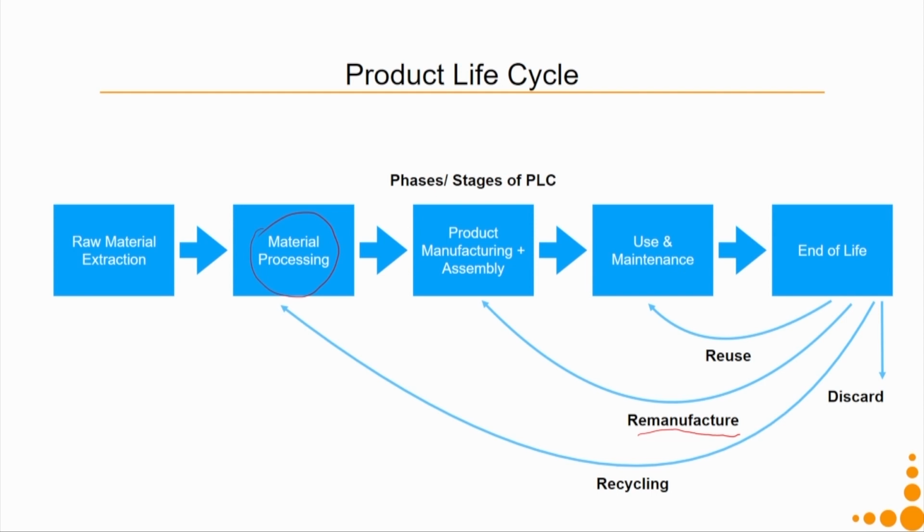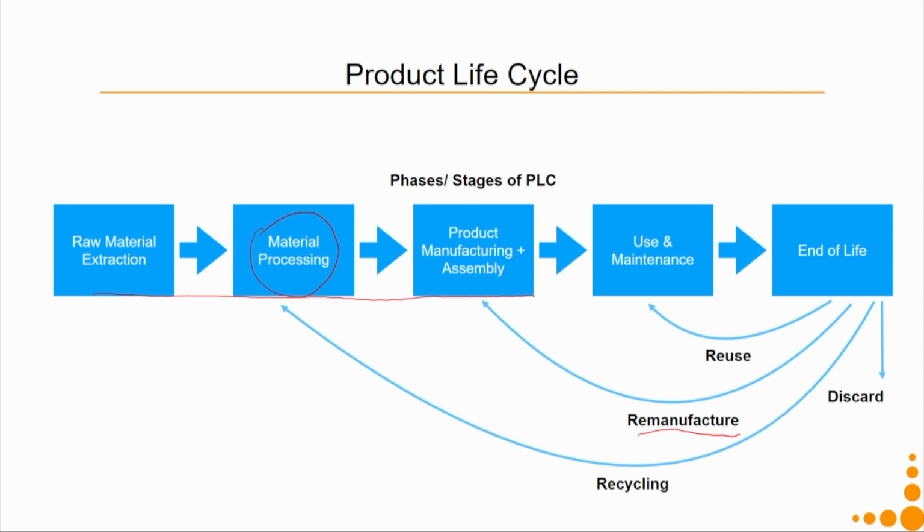Even in discarding it away, we can either put it into a landfill, which is a real waste of precious resources, but there are also end of life processes like incineration, and after you incinerate the product, you reduce the volume of the waste. So a small amount of waste can be landfilled. During the incineration process, you can extract the energy, and that energy can be used for material extraction, material processing, product manufacturing, or any other purpose for which you require energy. So that is called the energy recovery process.